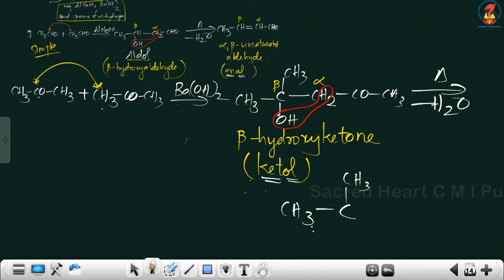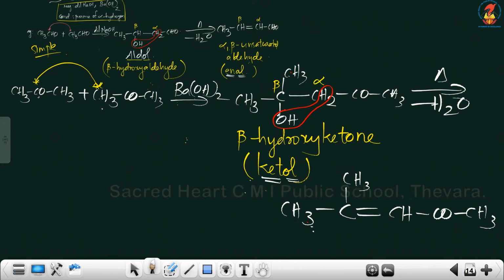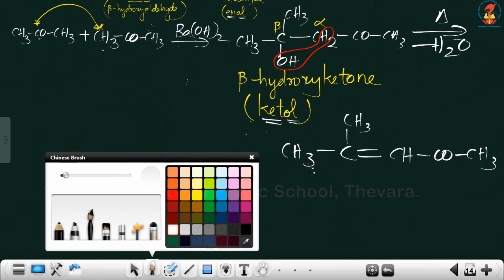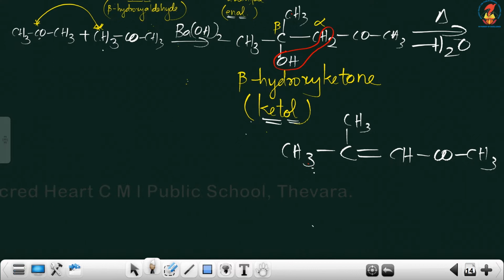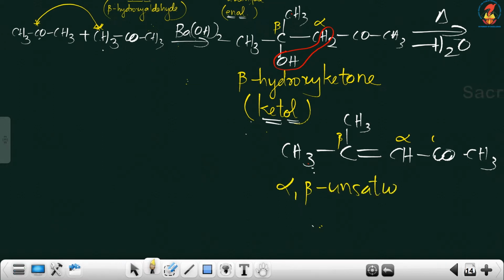Now no more OH here, the single bond becomes double, CH2 will become CH, and this is the highest priority functional group. This is our alpha and this is our beta. So this is alpha beta unsaturated ketone, or we can call it as